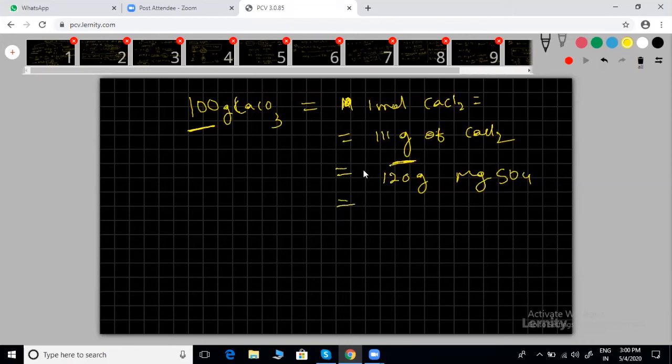You need to know all these things. I didn't calculate the weight of MgCl2, you can try. How many grams? Calculate the grams of MgCl2 here. If you have all these things listed out, then you can do that. Next MgCl2, CaCl2, CaSO4 also you can take. You can write the weight here.